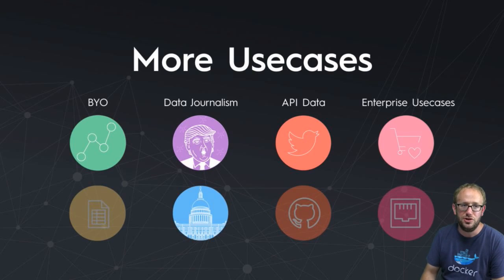First of all, the darker use cases are the ones that we have today. So we have 5 different use cases that are public today. We want to add more. We want to add in the bring your own data category. We want to add integrations with Google Spreadsheets to bring data from there. Integrations with arrows to feature some of the work that Michael Hunger has done to make it really easy to create graphs with arrows. In the API data, we're looking at adding GitHub data so that you can explore your